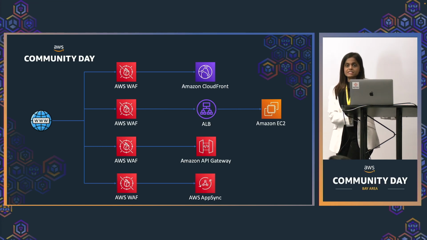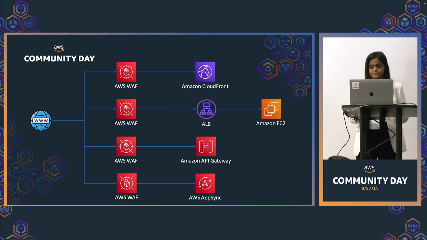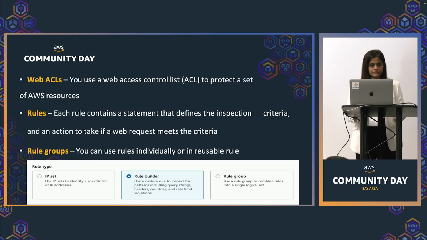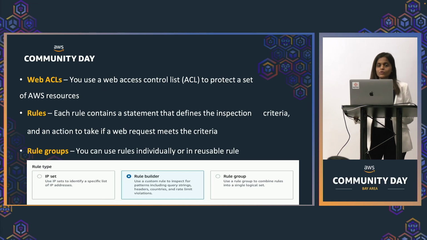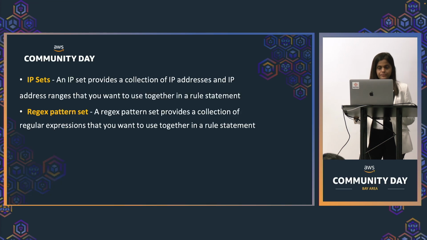It works at the application layer, level 7, so it will be at ALB only. These all are components related to WAF, which is the Web Access Control List. You can create your own control list for which protection of your AWS resources can be created. Rules. Again, you can allow, block or deny whatever criteria you want to put, and if that criteria gets matched, the request will be allowed or it will be denied.